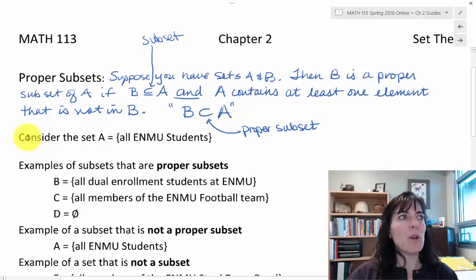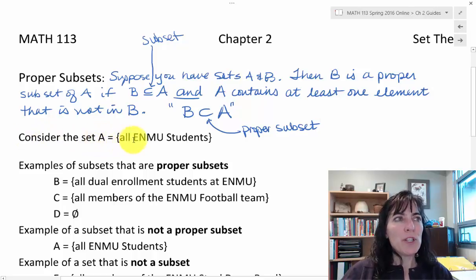So here's an example. Consider the set A, which is going to be all E&MU students, and that includes you, and examples of subsets that are proper subsets, meaning the set A has at least one element that is not also in one of those sets. You could have B that is all dual enrollment students at E&MU. You could have C being all members of the E&MU football team, and D being the empty set, which is